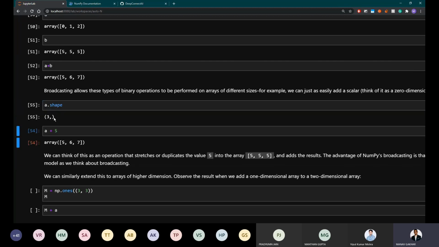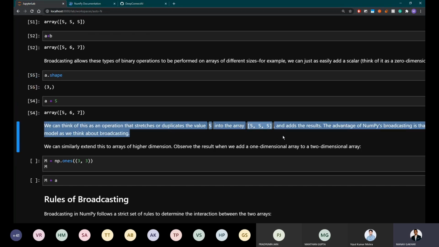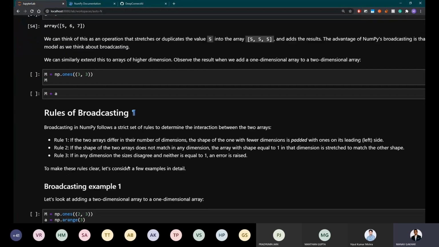The shape of A is 3 comma, right? So it becomes 1 comma 3, and then this also becomes 1 comma 3. We'll see how that happens in a bit. So we can basically think of it like 5 duplicates itself into an array 5 comma 5 comma 5, so that we can add it to A, right? Because if you add this to this, the shapes are compatible, so it can be added. And this is what is broadcasting.